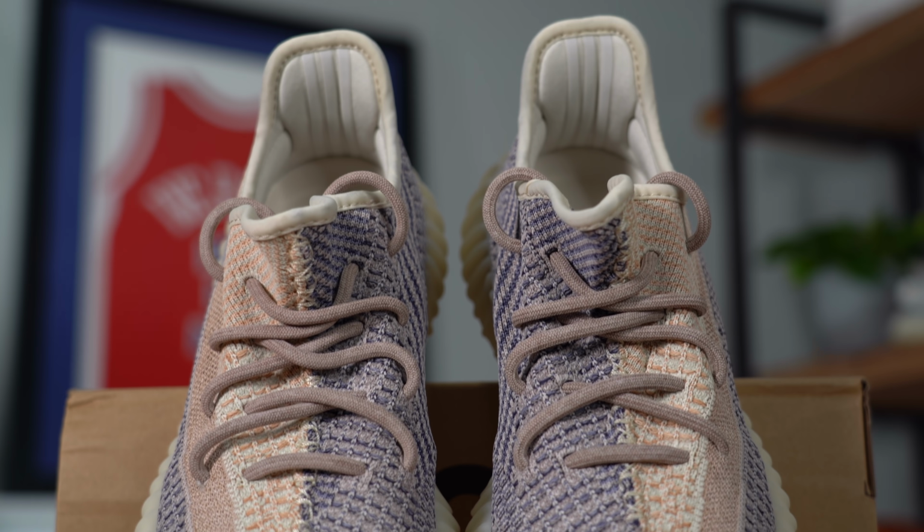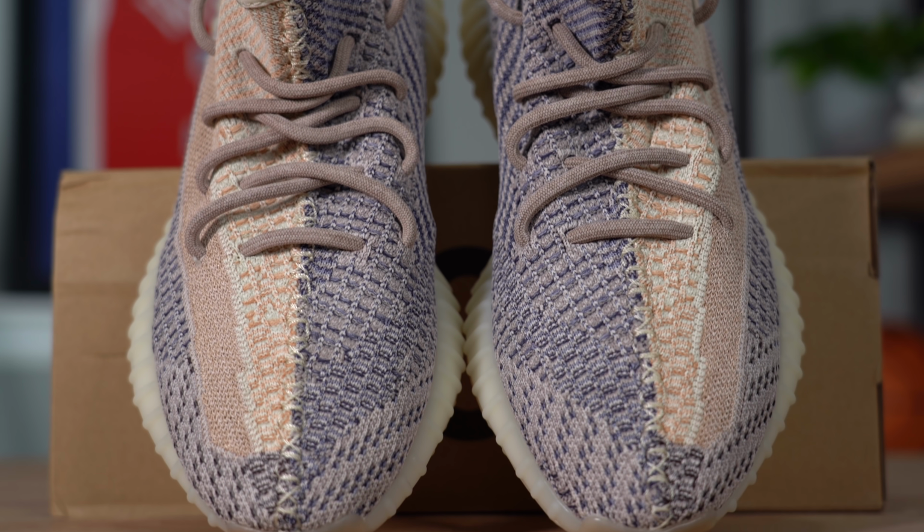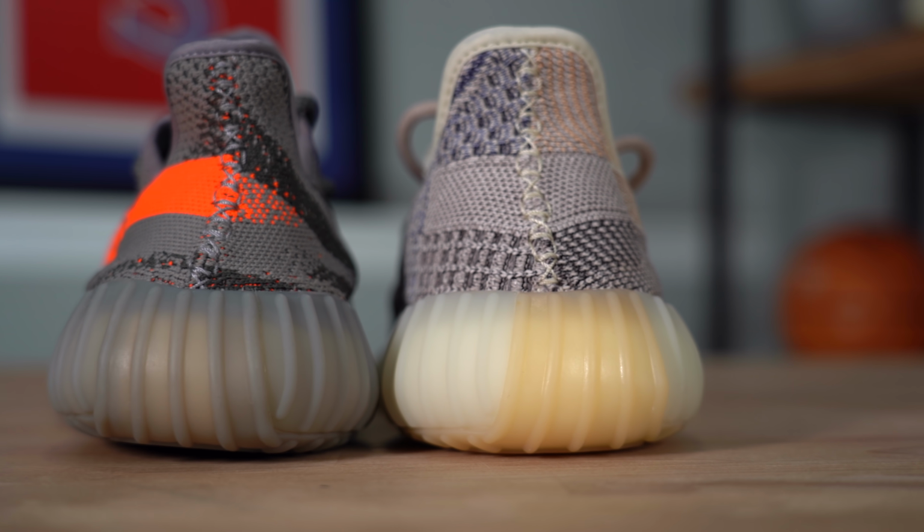But now it just kind of makes the shoe look like it has this giant side stripe that covers up a majority of the lateral side. Also on the newer pairs, you've just got this sort of weird rectangular shape that comes in a different color and is seemingly there for no reason. However, if you've followed the history of the 350 V2s, you know that some colorways of this shoe actually feature